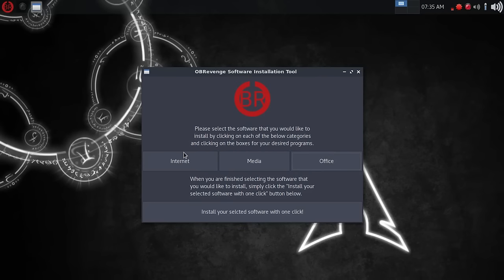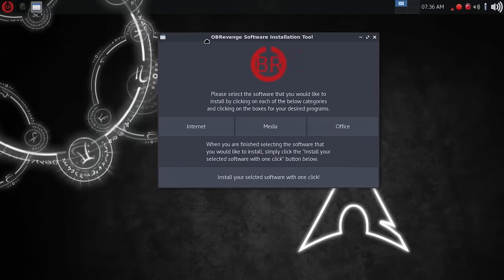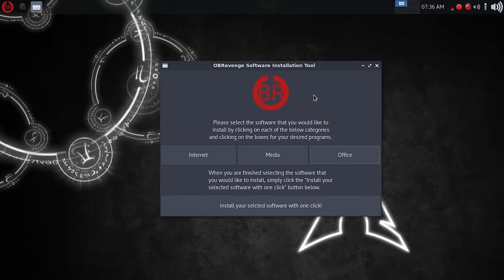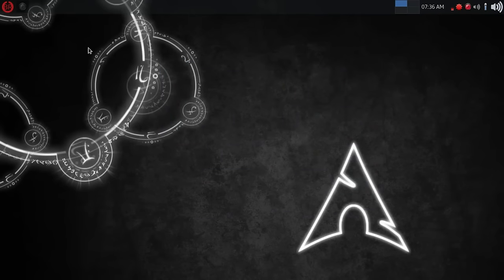Now once you're done with choosing, you simply have a one-click install. So one click and you sit back and all of that software that you chose will install. So this is a real time saver, and I like that this is presented as you boot in for the first time, because if you're not familiar with this distribution, this gives you a good starting point. And again, I was really impressed with the quality of the theming, it all matches, the nice red icon here. It looks like a cohesive OS, as it should look. So that's one tool that I was impressed with.